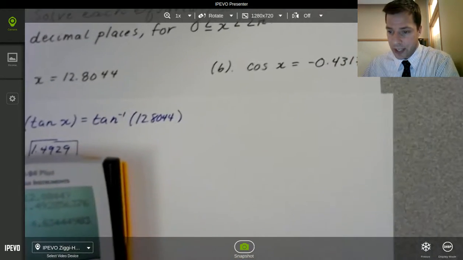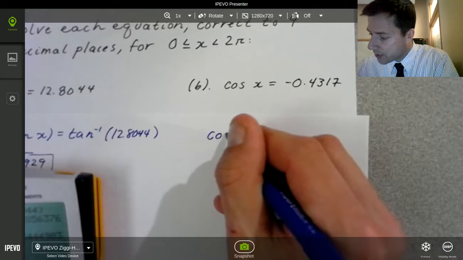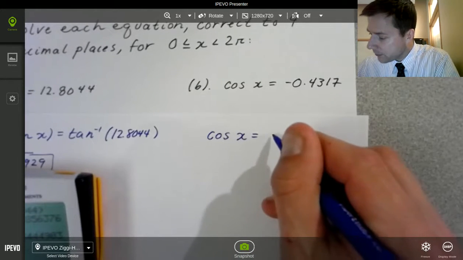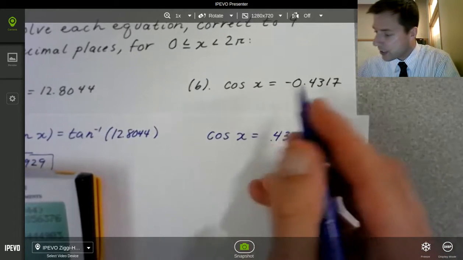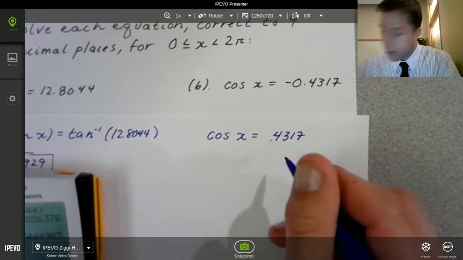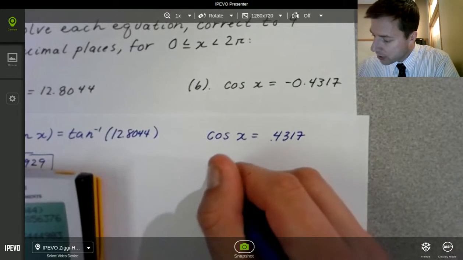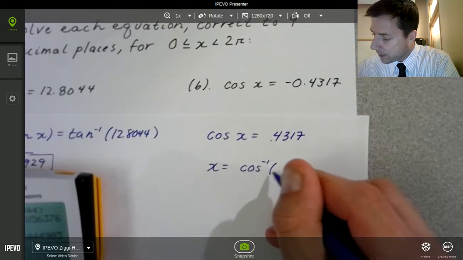So let's look at our second example. We're going to actually think about the cosine being this, 4.4317. It's an even function, doesn't matter. So let's look at this first quadrant of 0.4317. So we're actually going to look at x being equal to the inverse cosine of